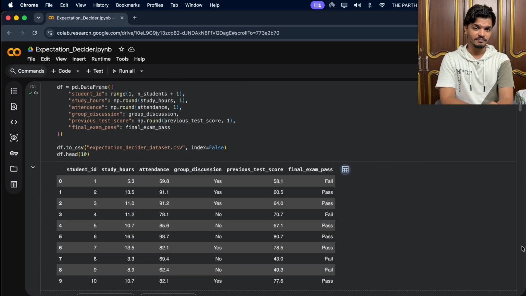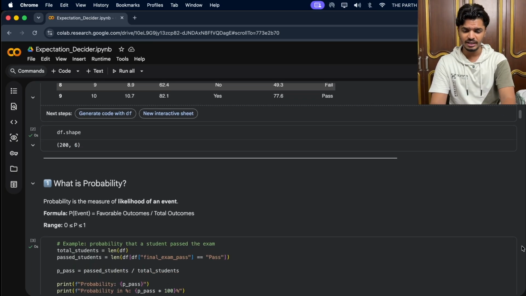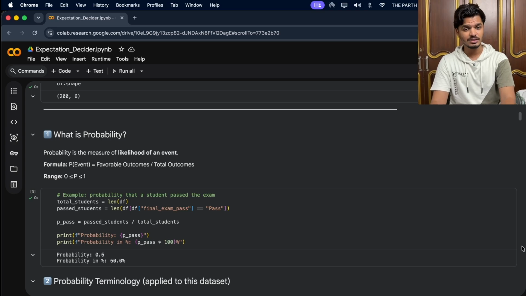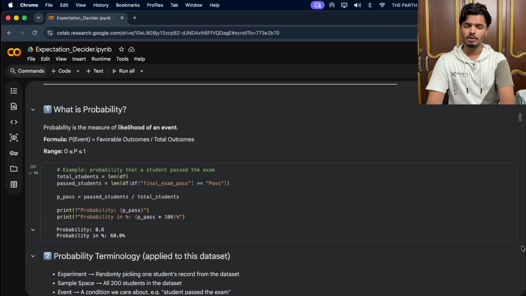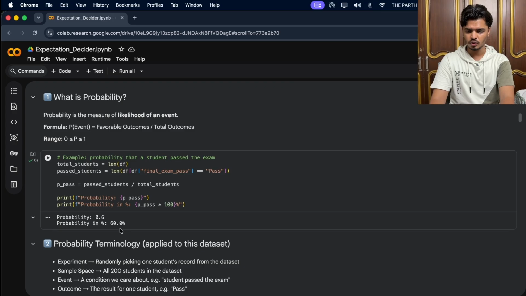Moving to question number 1, I started with the basic definition. Probability is just the likelihood of an event, calculated as favorable outcomes over total outcomes, and it always lies between 0 and 1. As an example, I quickly calculated the probability that a randomly selected student passes the exam. The answer comes to 0.6,